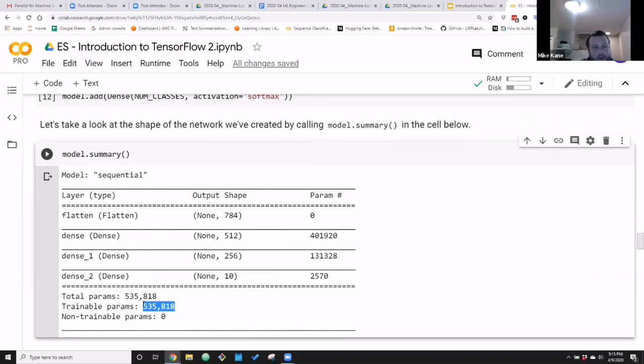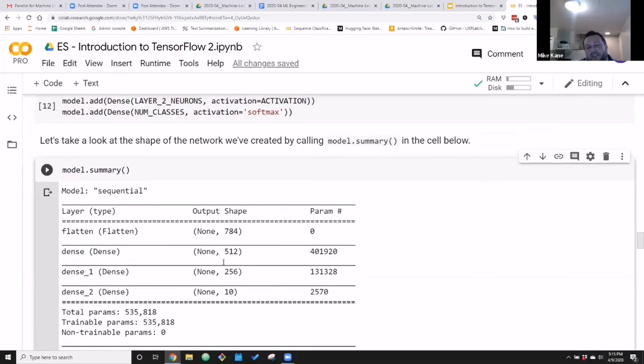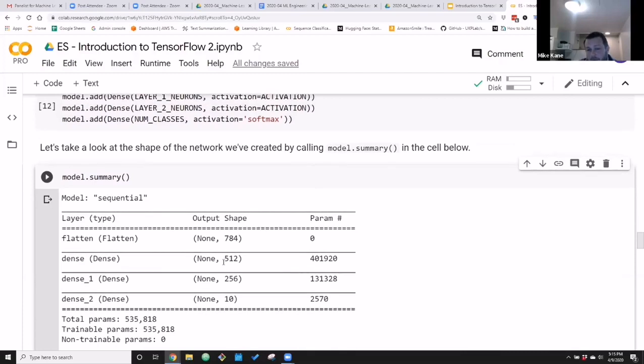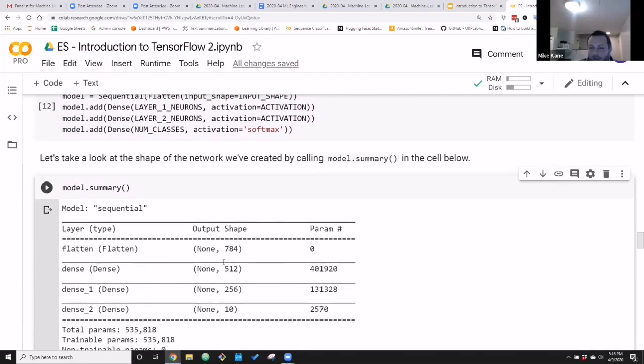Okay. So when I print out a summary, what do I do besides just gawk at this number and think about how far we've come? Well, I look at the output shapes, and I make sure they line up with my expectations. When you have to debug a neural network, one of the first bugs you'll almost always run into is that a layer got an input shape it didn't expect. These things break very easily if the shape isn't exactly what it expects, because then it's got basically null values that it's trying to do math on for the empty spots.